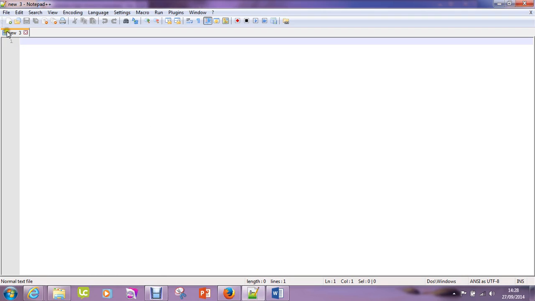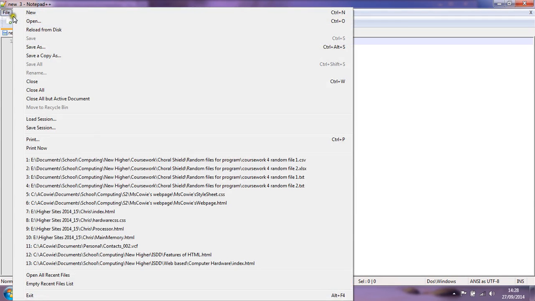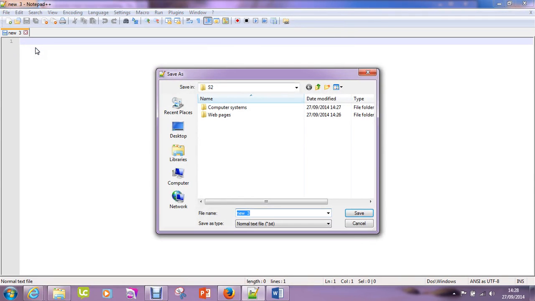And I'm going to save this file into a folder that I've called Web Pages. So I'll double click on that folder and I'm going to give the file a name, and I'm going to make the web page about Picasso the artist. So I'm going to write Picasso,